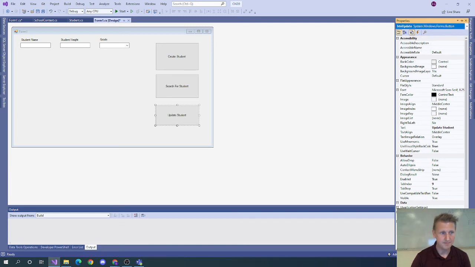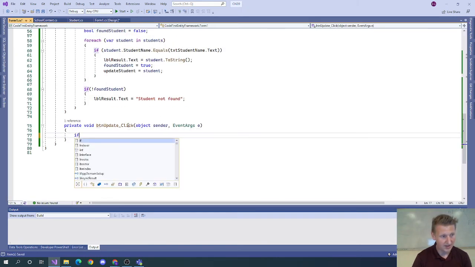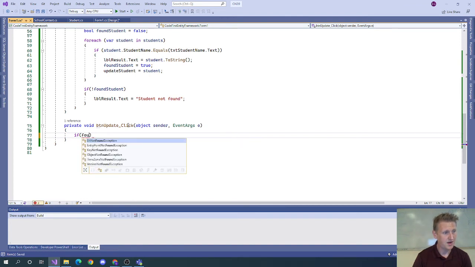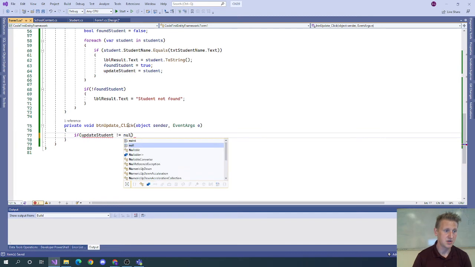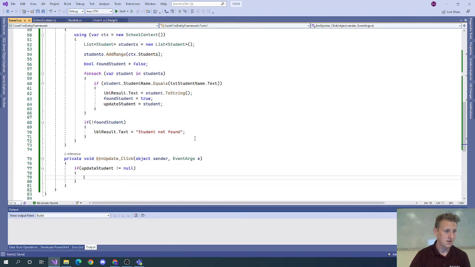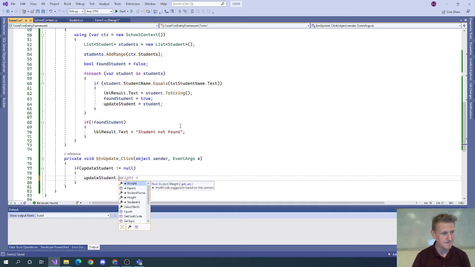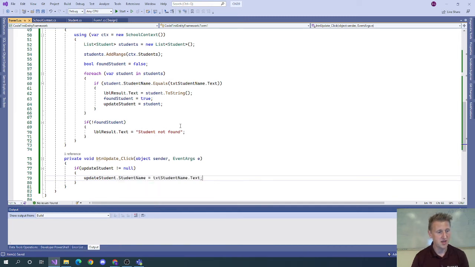btn update. Okay. If update student is not equal to null, meaning you've searched for a student and you found a student. If update student is not equal to null, now we'll say update student dot student name equals, okay,